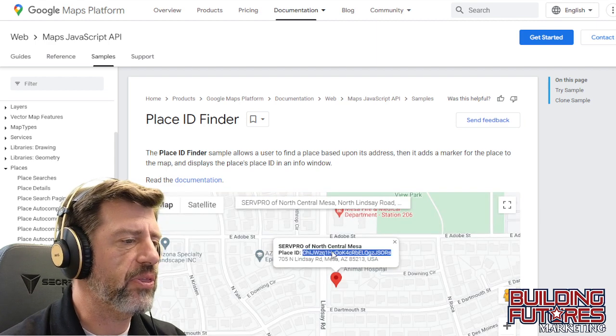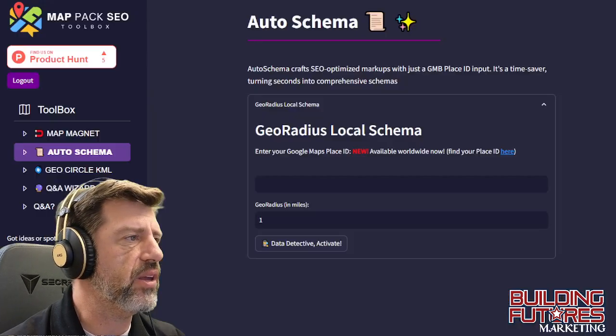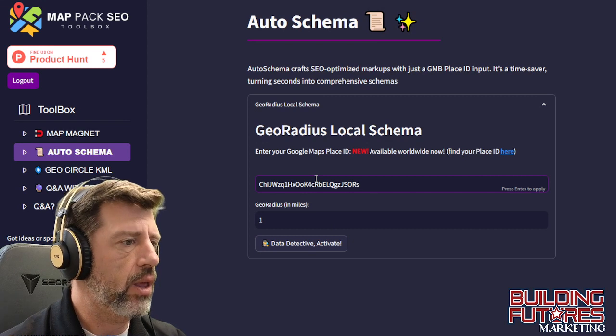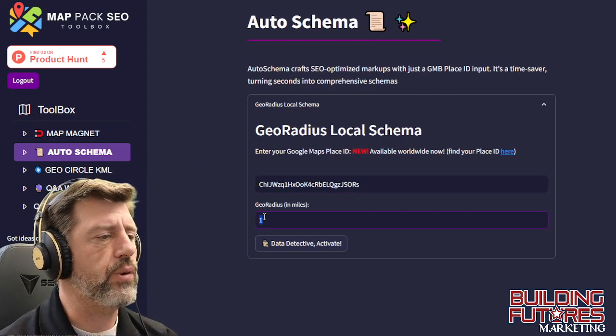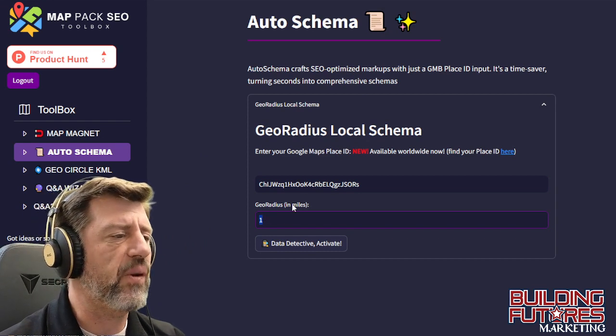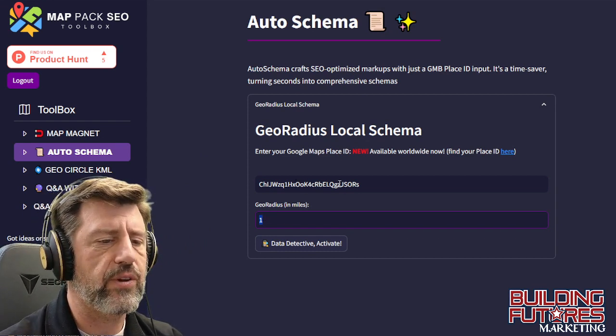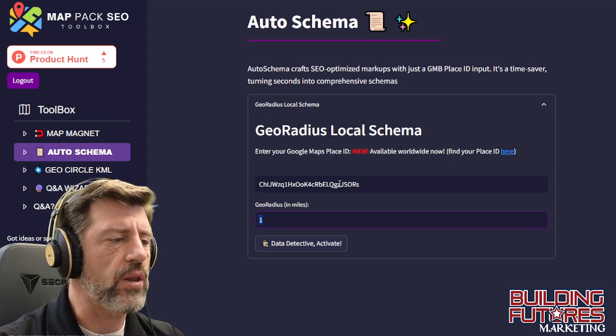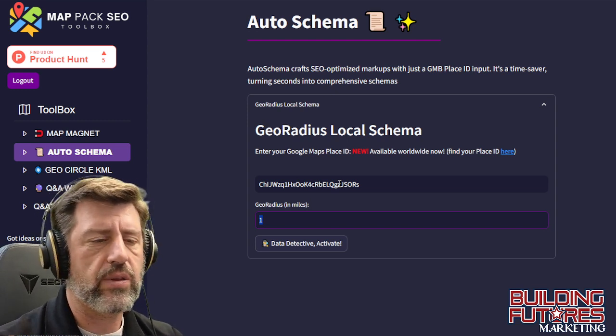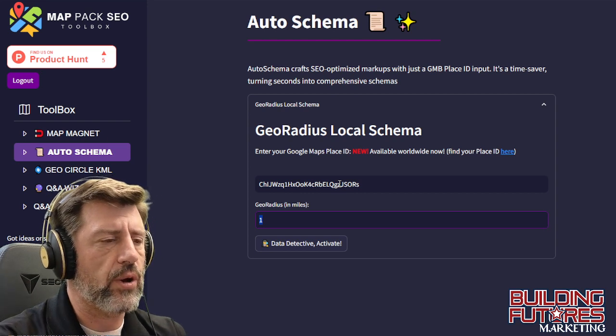And we're going to get the place ID here. We're going to go back here. We're going to do this. And depending upon how many miles you want, you can do it. If I was doing this for the actual business, I'd probably do about 4 or 5 miles because the area that they service is not particularly large. Well, that they can at least advertise in. They can work anywhere. But anyway,